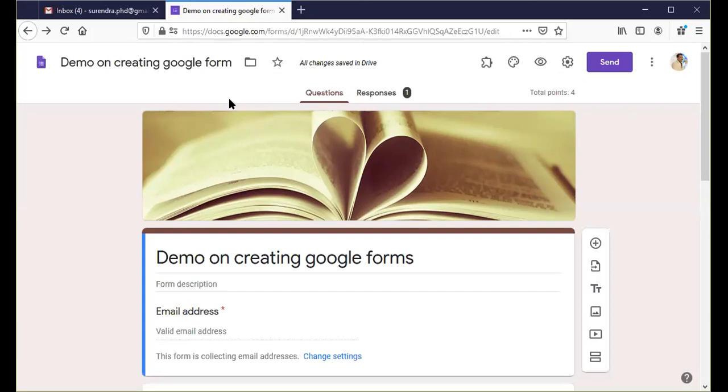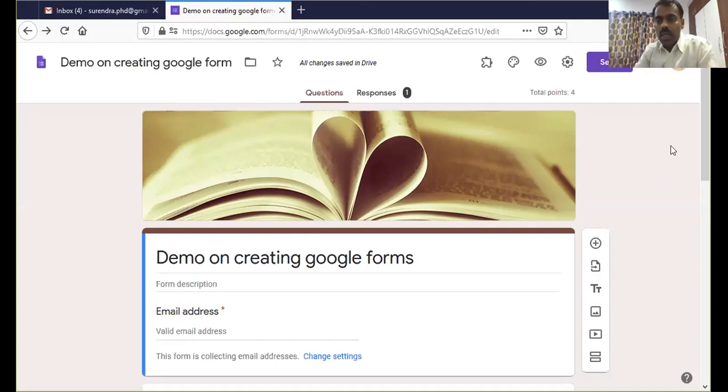Now, in this demo, the next topic is Google Classroom, which is a very useful and interesting thing, where one can connect students. Now we move on to the second topic, Google Classroom. In Google Classroom, students and teachers can connect together no matter where they are.